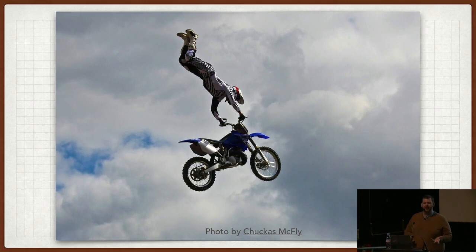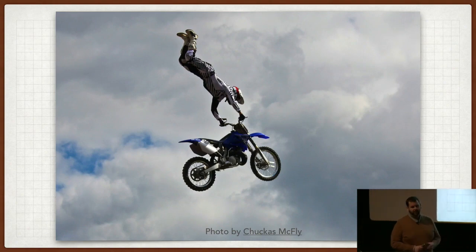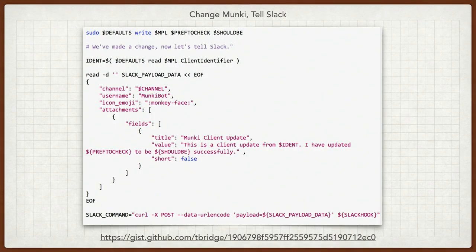So what about Slack? Because the organization was heavy into Slack use. And so they had 40 channels for their bunch of different projects. We had some IT-related channels that we were dealing with. And so we wrote this. Change Munki, tell Slack. And all it does, at least in this early version, is defaults read pref to check,